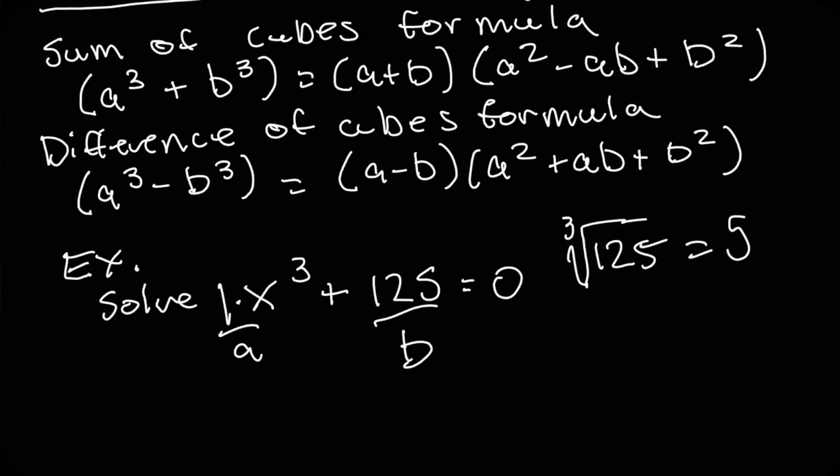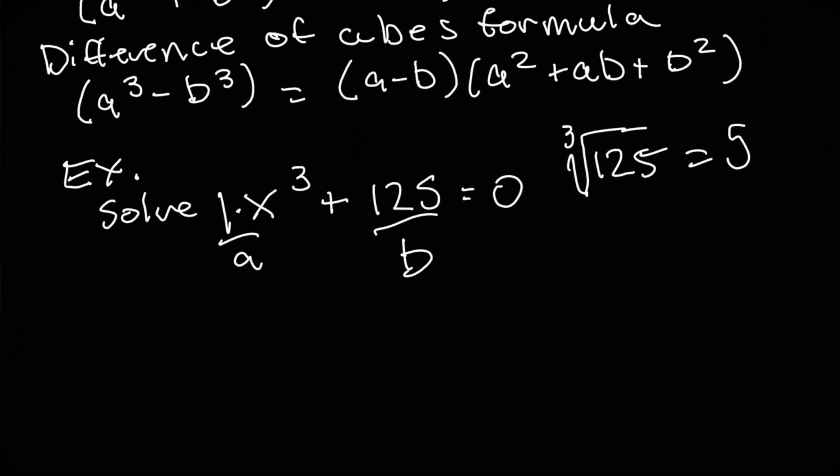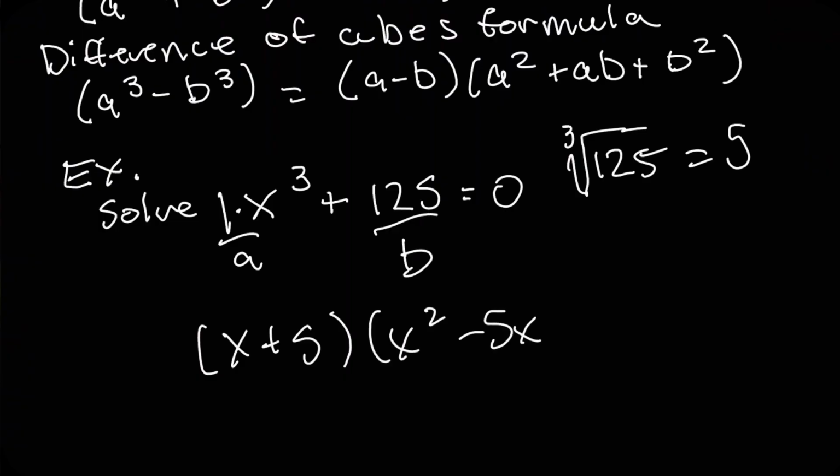So let's plug this into our equation and see what we get. So we have x plus 5, and then we'll have x squared minus 5x plus 25,